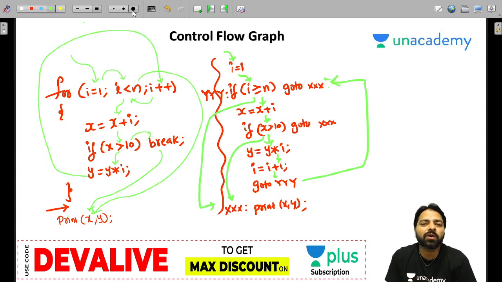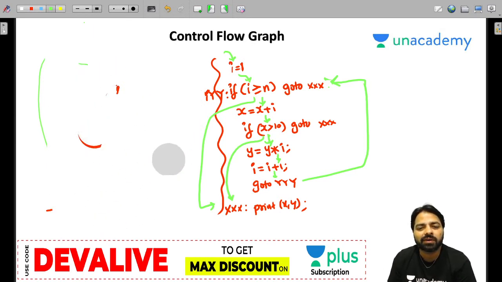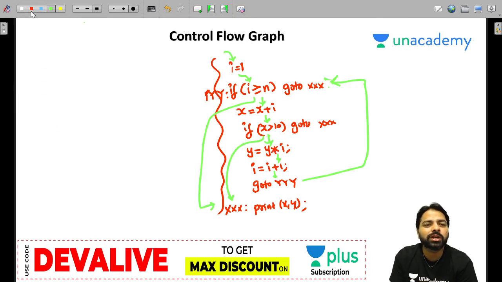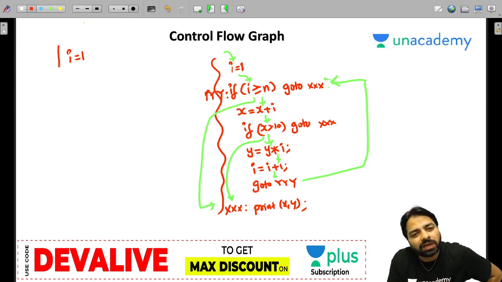Everybody, I hope that you understood the 3 address code representation. Almost this is a 3 address code representation. So now how to draw a graph? You need to put the statements in one block, like I is equal to 1 and I greater than or equal to n. I can't keep them together, because somebody comes to only I greater than or equal to n, so I is equal to 1 is alone.